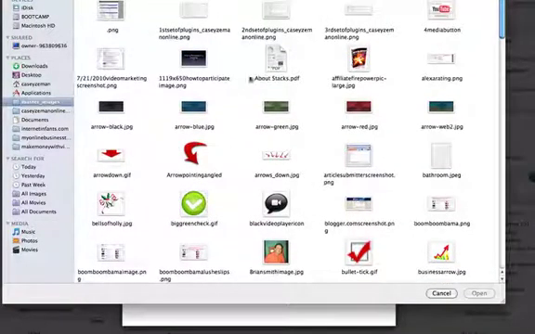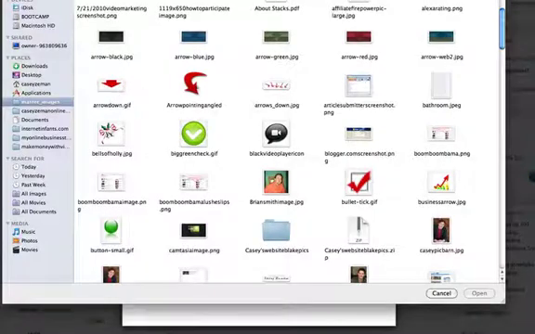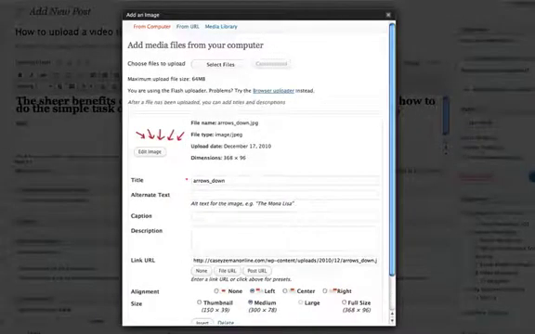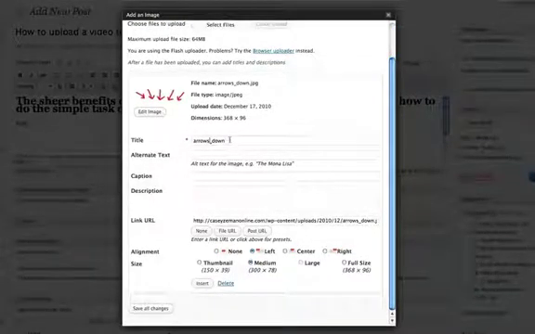Okay. So for this, I'm just going to do an example. And we're going to upload. Now I can't use this one because that's a PDF. All right, that's not what we're going to be uploading. Now PNG works, but let's use this one right here. Arrows down, JPEG. We open that up. It's thinking about it. It's working. Okay. Now it shows that it uploaded. And now you can title your image. Just in case, for some reason, the image doesn't work, you can also have alternative text there for whomever. If someone's site isn't bringing up the images,